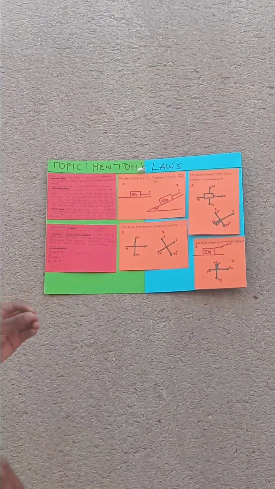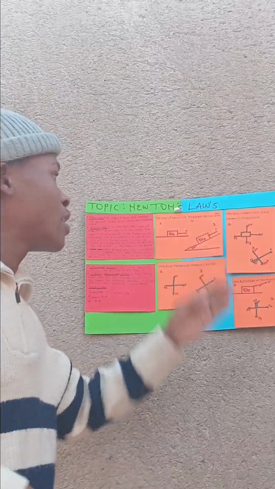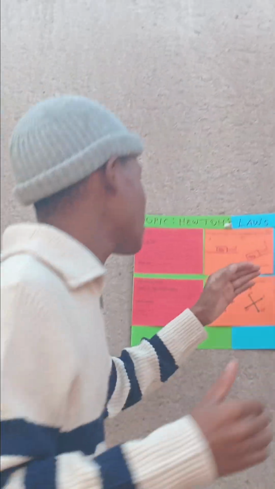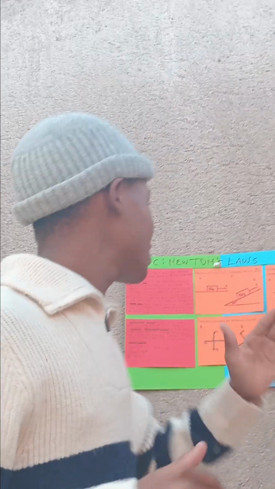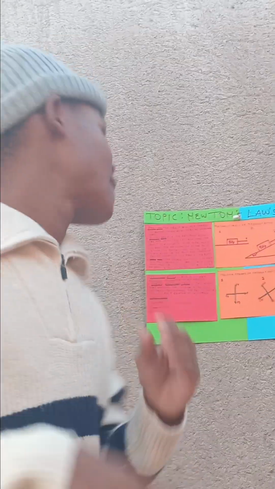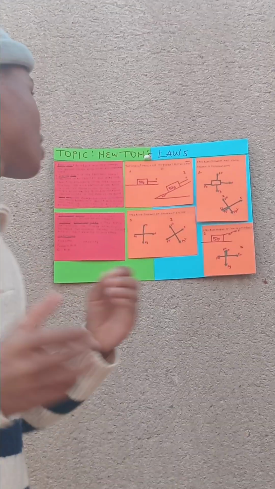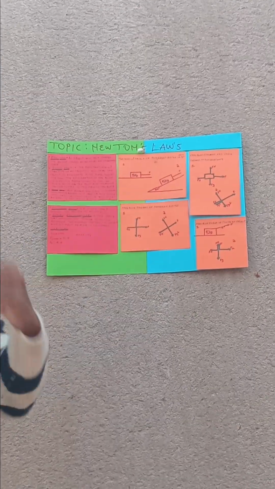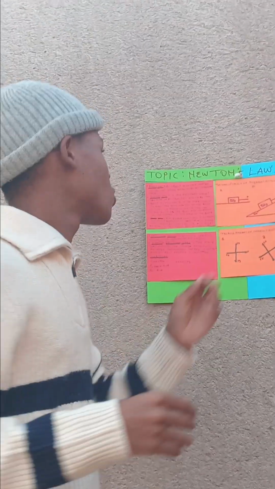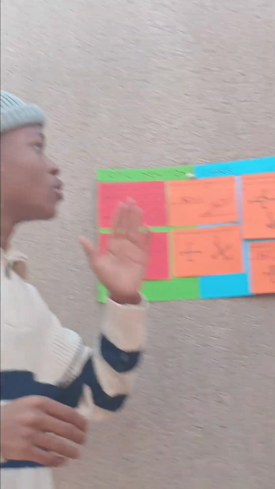So we have two identical objects, and now we are going to explain them. I have a 5 kg object on a horizontal surface, and also a 5 kg object on an inclined slope of 30 degrees. Here we have an applied force. The applied force on the first object is moving to the right, and on the inclined slope it is also moving to the right.